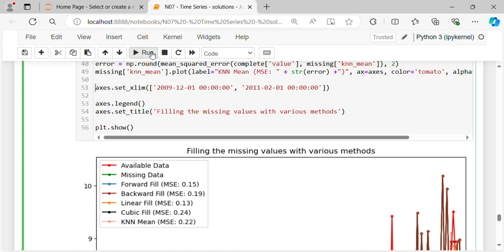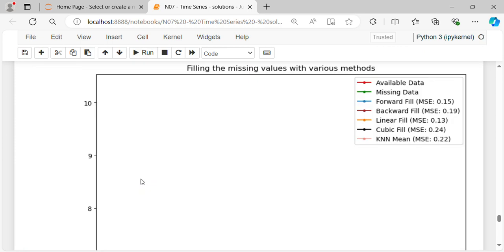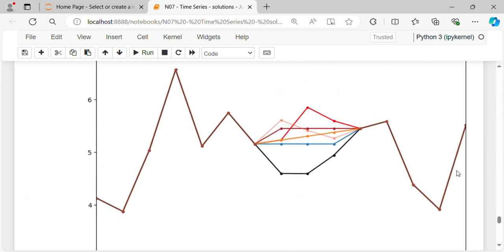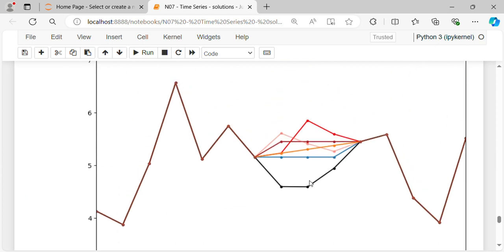Let's run that. So you can see the month-year is from 1st of December 2009 to 1st of February 2011, and you can see this KNN mean